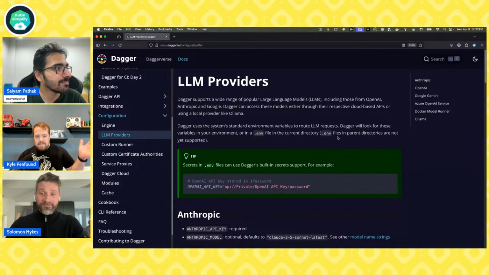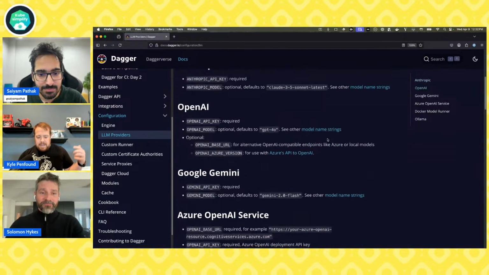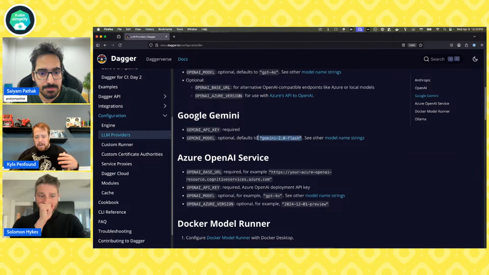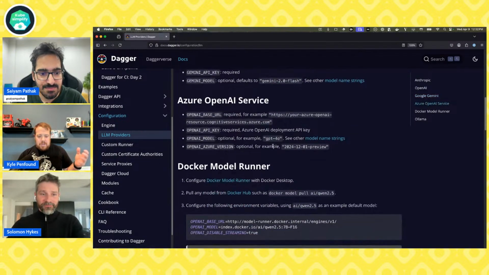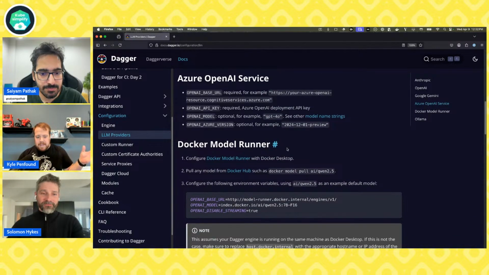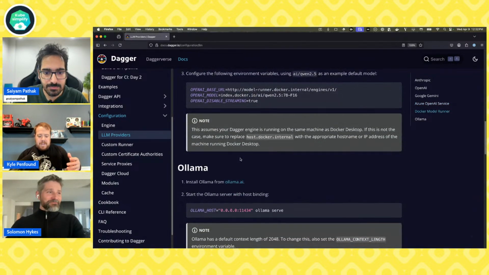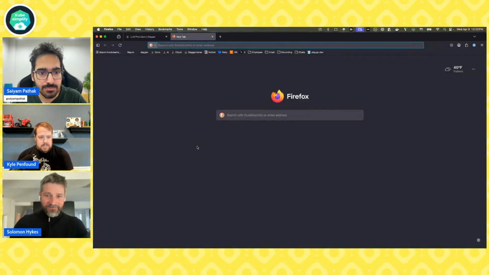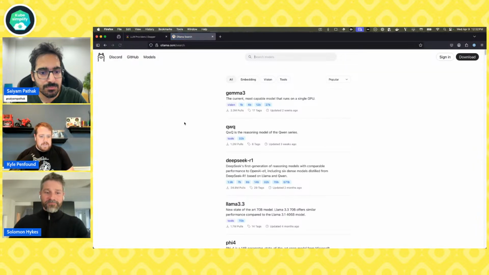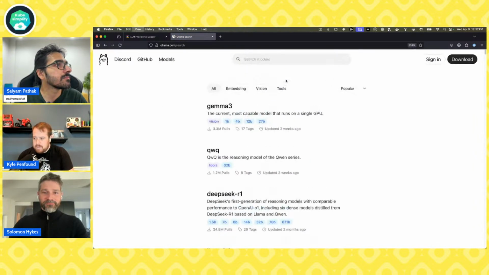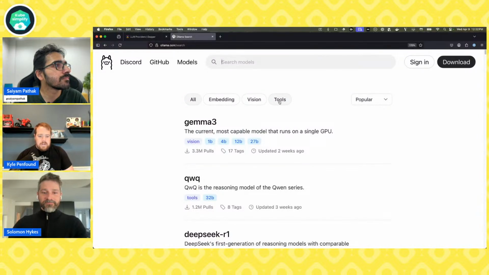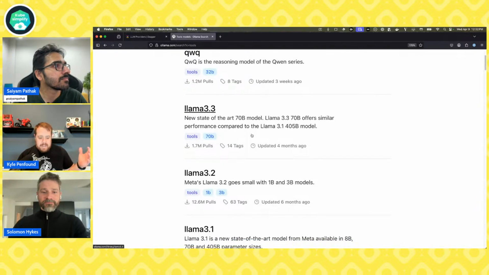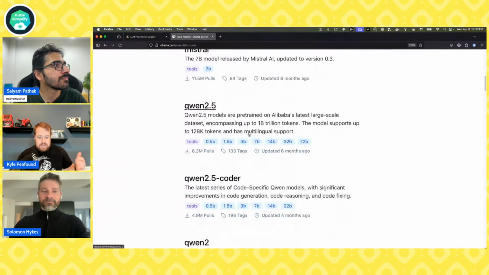Any of these model providers work, like Anthropic, OpenAI, Gemini. I love using Gemini because it's a really powerful model that you can use for free. But you can also run anything that's OpenAI compatible, like Docker Model Runner or Ollama. If you're using Ollama, go to models, and make sure that your model is able to call tools, because that's the core part of using an agent, like we talked about. They have tons of models on their own registry that can call tools.